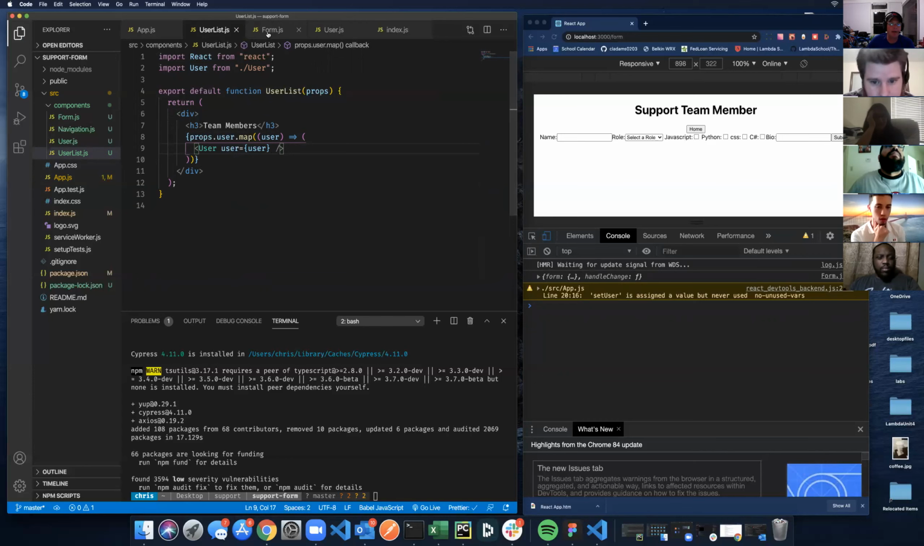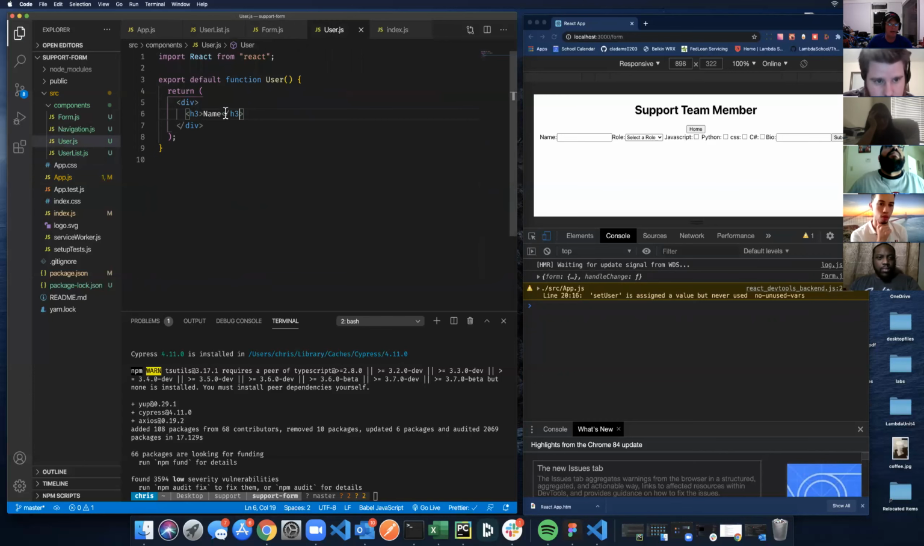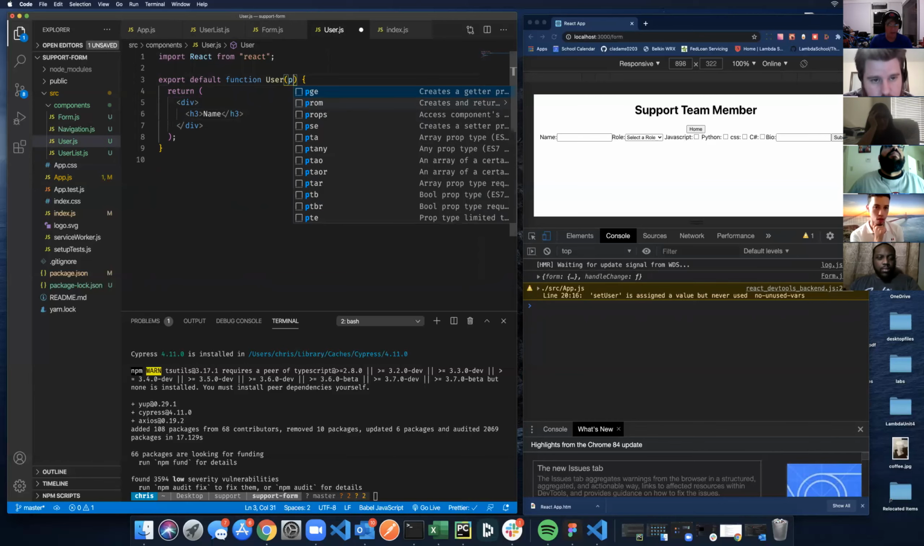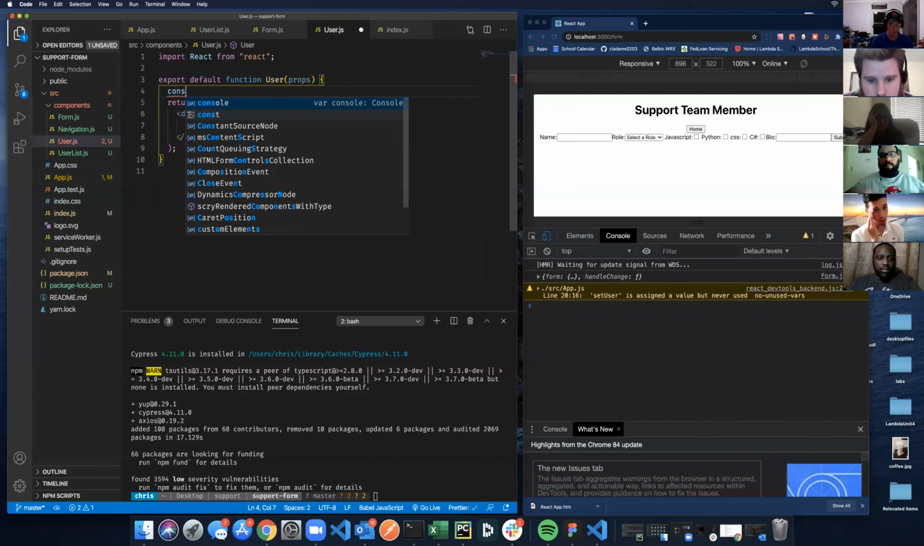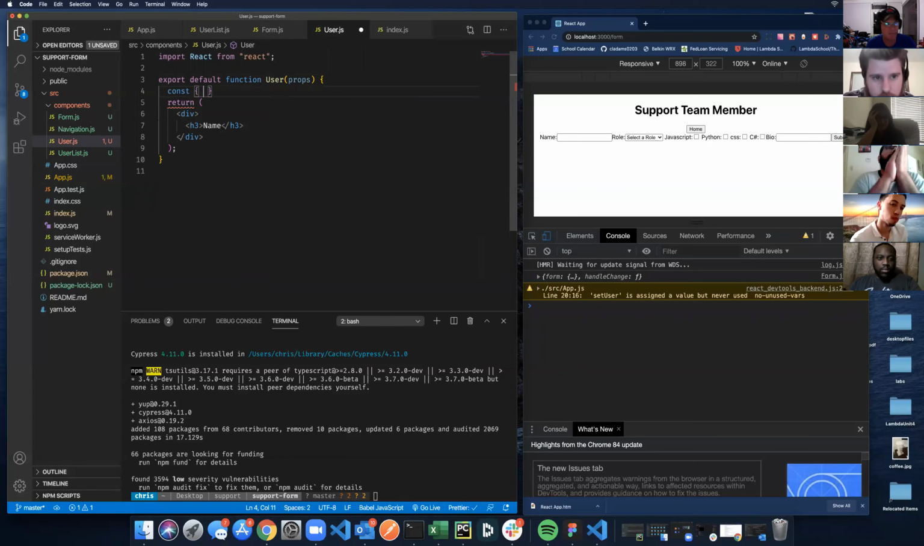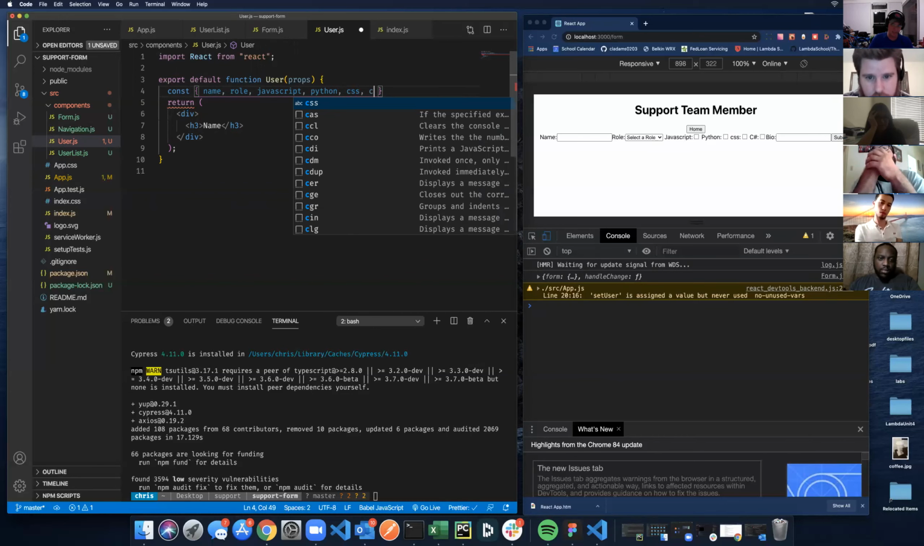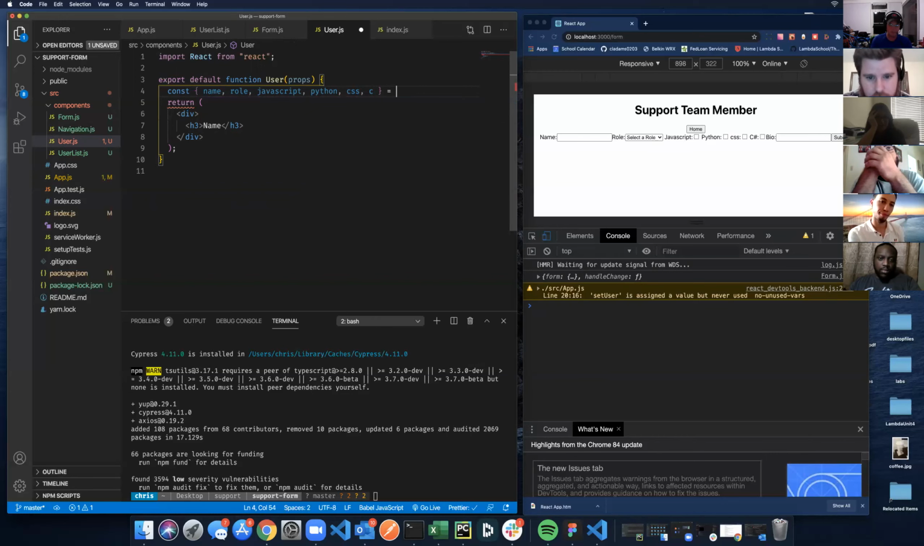And we can go ahead and build out our user right now. So we know we're getting a prop here. We know we're going to get, it was called user. So we're going to destructure this because we got some things coming out of here. So we're going to have a name, a role, JavaScript, Python, CSS, and C, which is basically C#. I'm going to set that equal to